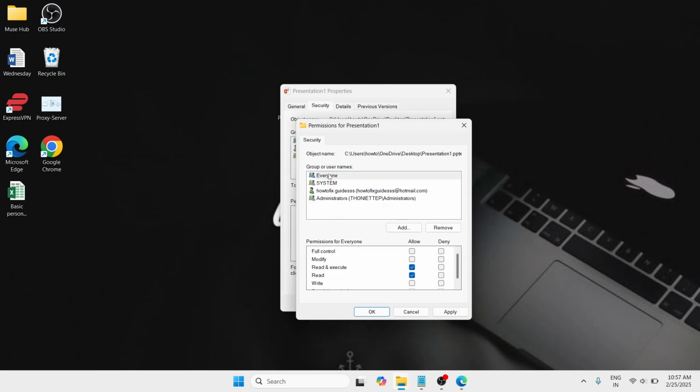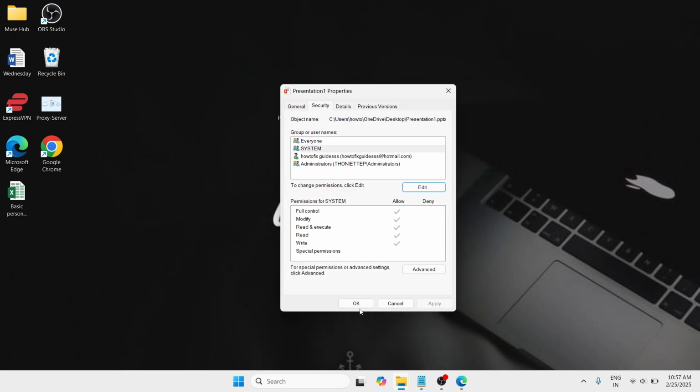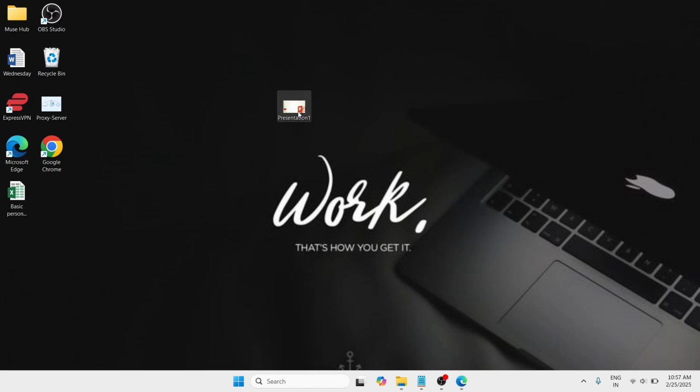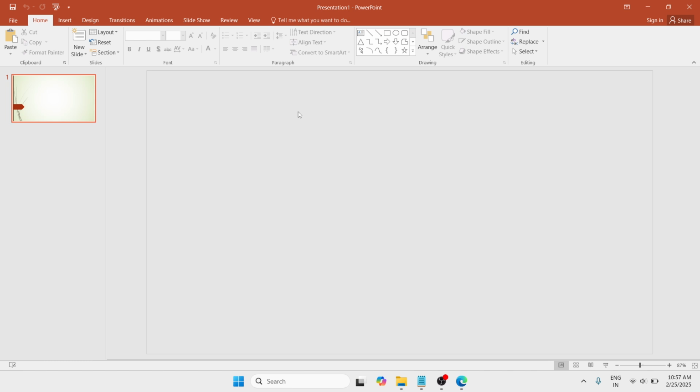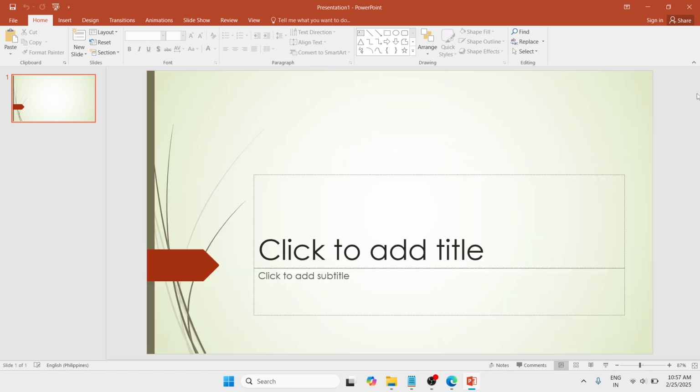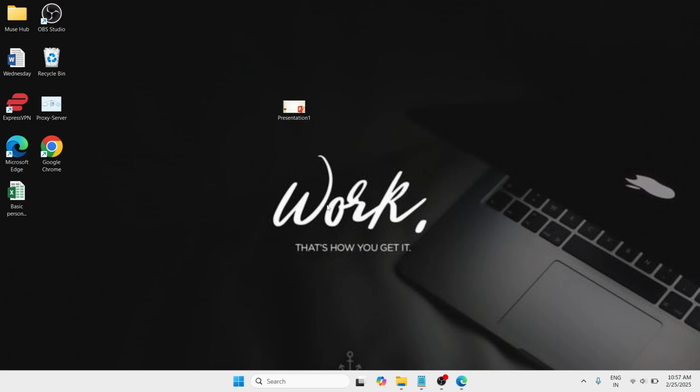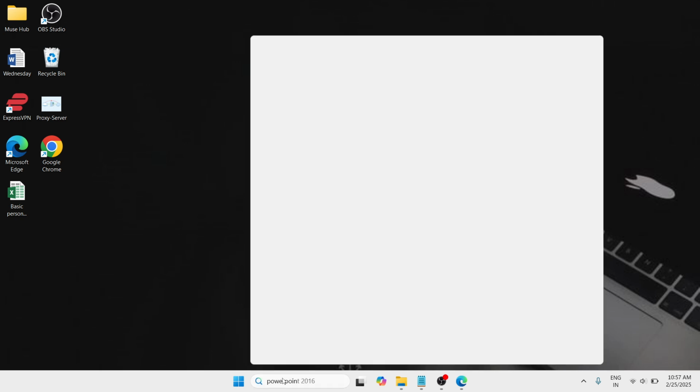Once done, select the everyone that you have just added in the group or usernames and make sure it is in full control, modify, read and execute, read and write, and then apply, and then OK. And then OK once again, and open your presentation and check if your file can be opened. And let's say if it doesn't, then let's move on to our second step, which is here at the bottom